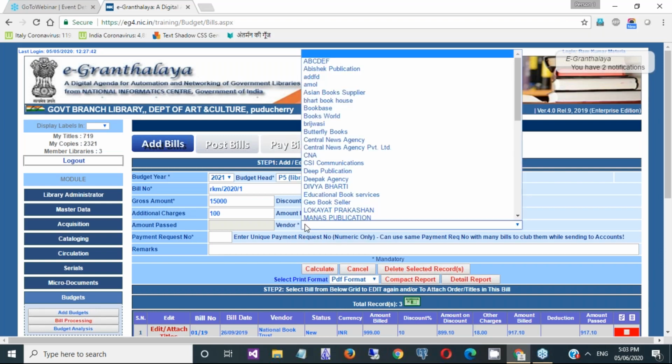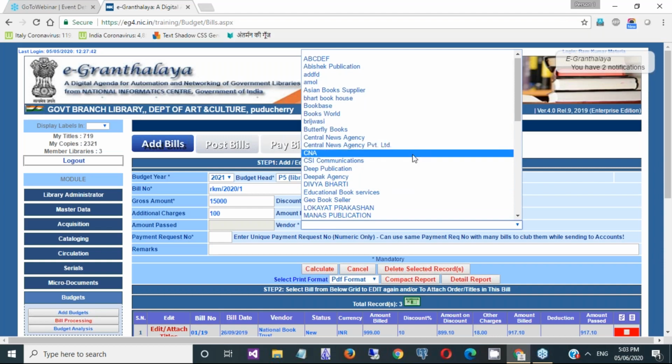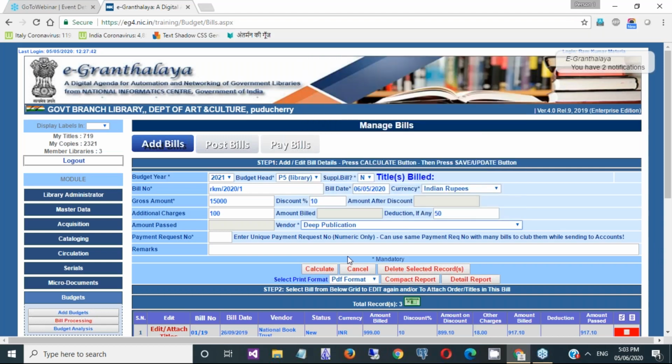Then the vendor, I think it was Deep publication, to whom we have placed the order. Then the requisition number. What is this requisition number basically?